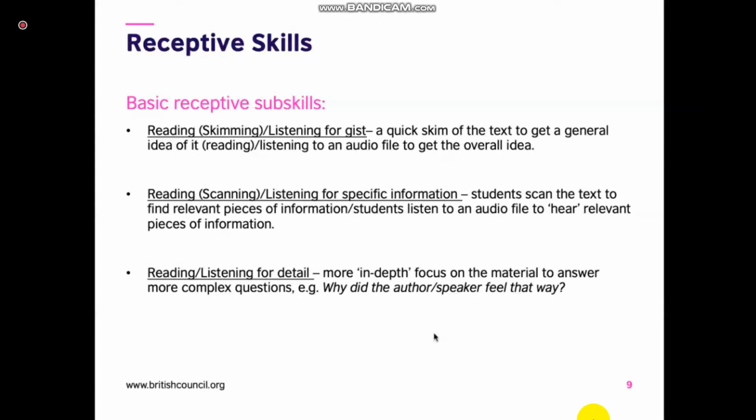Another set of sub-skills that we can develop is reading or listening for detail, which means we have them go a little bit deeper, and we want them to answer slightly more questions. So, for example, why did the author or speaker feel that way? They need to be a little bit more focused, and these tasks take a little bit